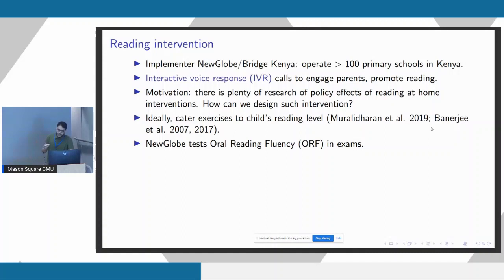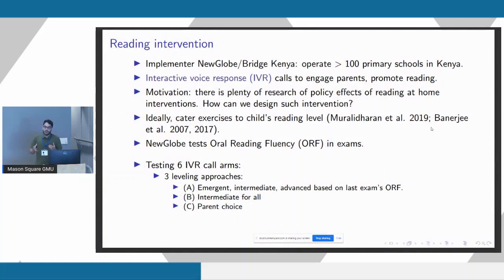And in fact, New Globe tests oral fluency in exams. Unfortunately, this data is very noisy, has lots of missing values, so it's not perfect, it's not great. Therefore, when we define these treatment arms, we're using 3 leveling approaches. The first one is based on the result of these ORF exams, and we have 3 different levels: